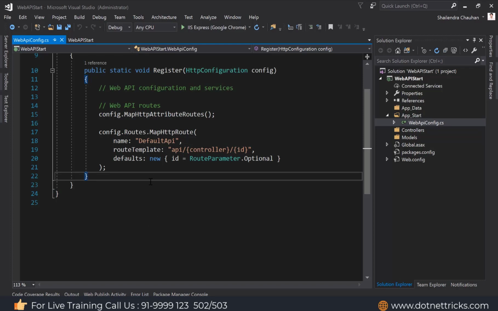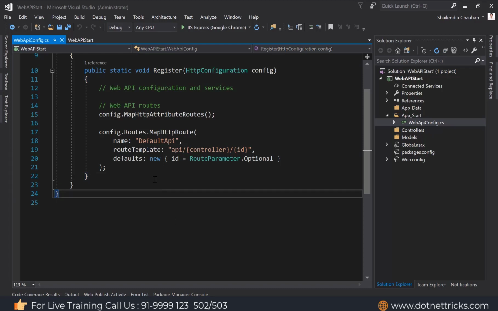About routing we will discuss in the next course. Here I'm just explaining the folder structure and the files so that you have an idea in which folder what we need to create, and which file contains which code. This is my default route name here, and it has the api word as a prefix, then controller, then id. So this is a route template we have. Just like we have the routing template in MVC 5, there is a route template here too, and in the route template there is the api word as a hard code.